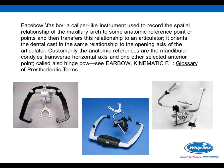Most Facebows in the market today are really quite similar, but they are arbitrary in nature. Studies do show, though, that they come within about 5 millimeters of the true hinge axis. So it's really quite accurate. And using a Facebow registration as opposed to using maybe a kinematic Facebow or taking a panographic tracing is much easier. So let's talk about what a Facebow really is, and I'm reading this from the